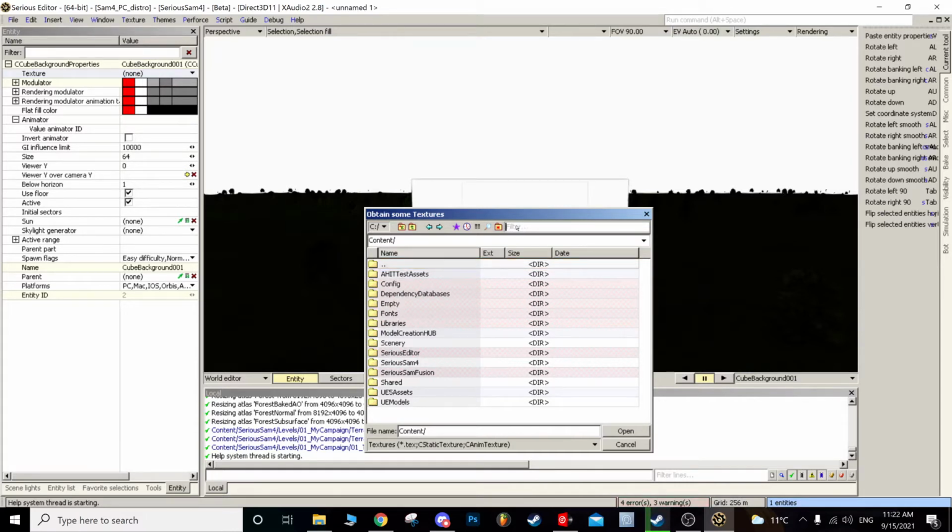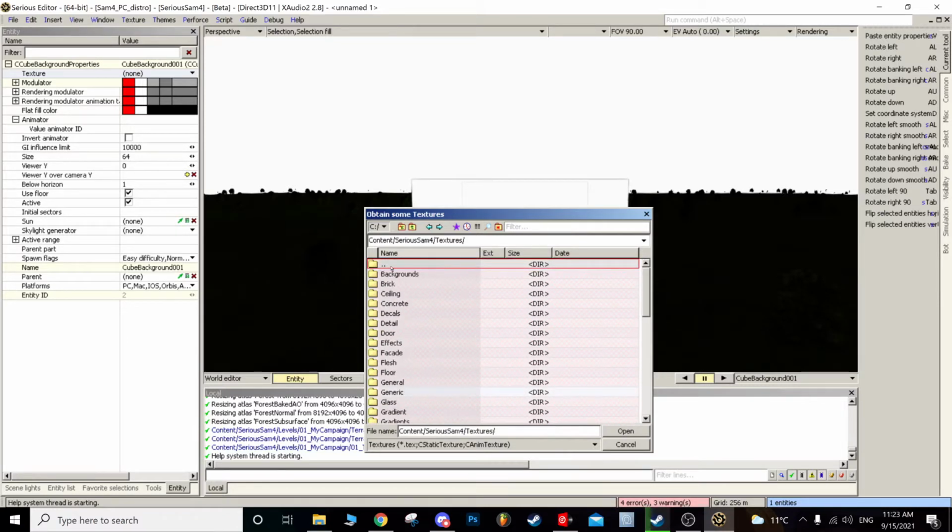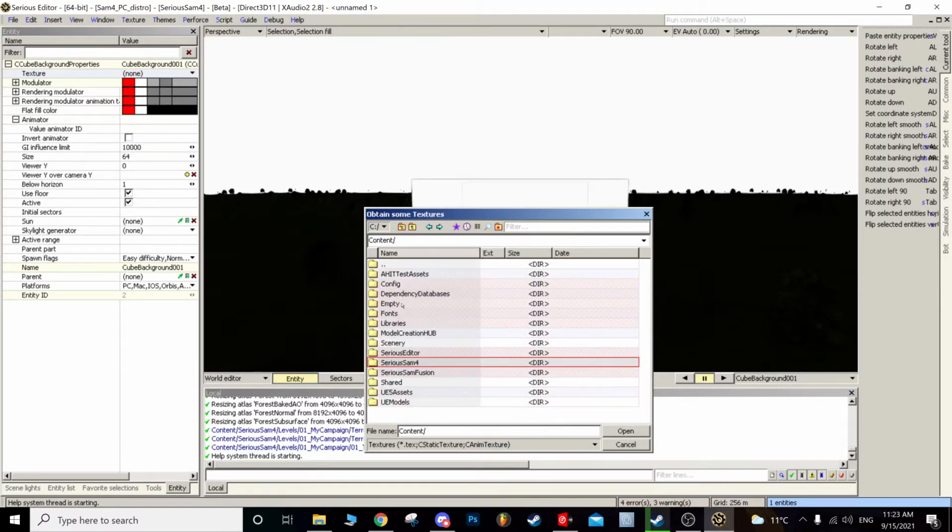where it says filter and start typing something, the skies are mainly called backgrounds. How do I know that? Well, you can go to Serious Sam 4 textures and look for what you need, but you may not find it. So the easiest method is to know. I'm gonna provide you a note file on what kind of filters you can search for, so you can easily locate what you need. Right in the filter here, we type in background,